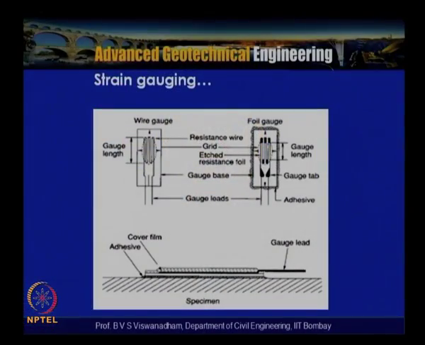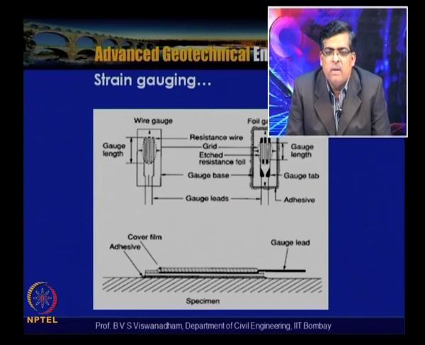And these are the typical strain gauges. Foil type strain gauges are shown, and the gauge length is shown here. It has a backing, which is very important depending on whether you are working on a stiff or non-stiff material. Then you have the copper nichrome connected to lead cables, and any change in length is given as the change in strain.